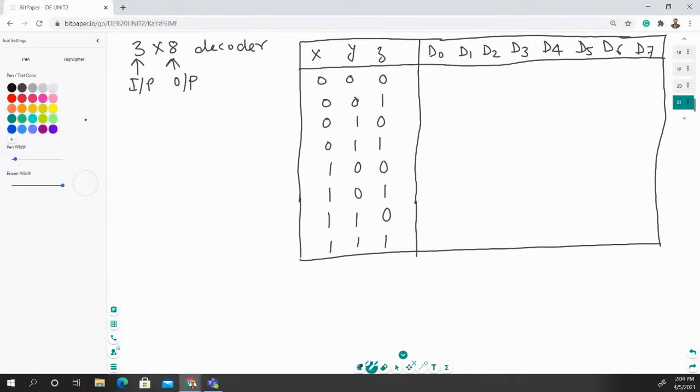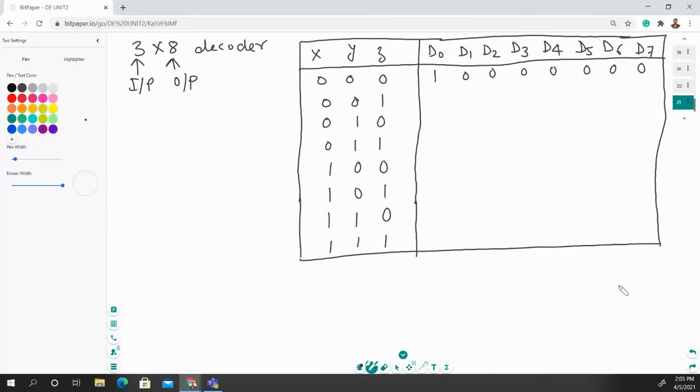If you want to define the 0 bit, what you have to do, I have told you in the last lecture. If you want to define the 0 bit, you have to place, quickly give your response in chat. I have told you that you have to place 1. You have to place 1 across that particular bit and place 0 with all other bits. Okay, so this is the combination for the D0 bit.